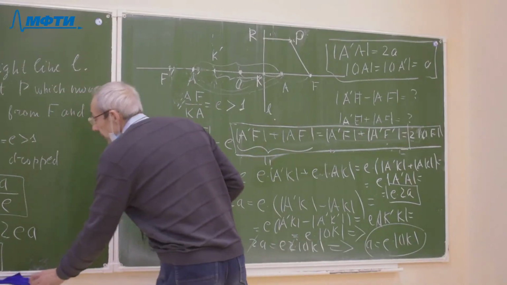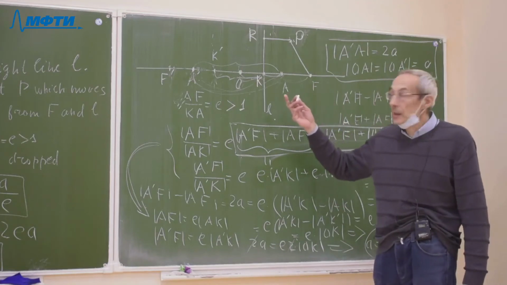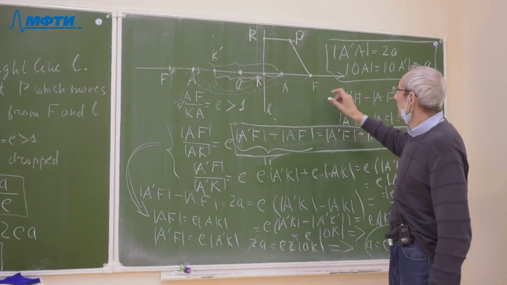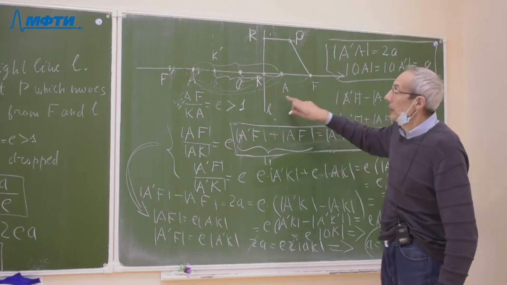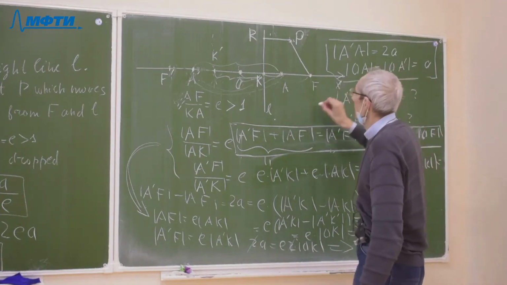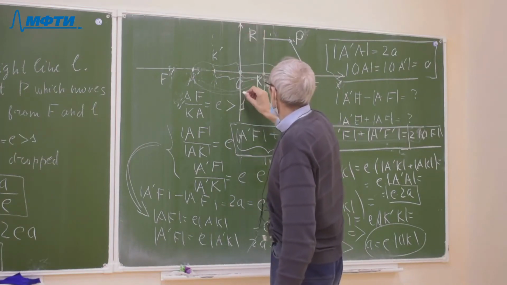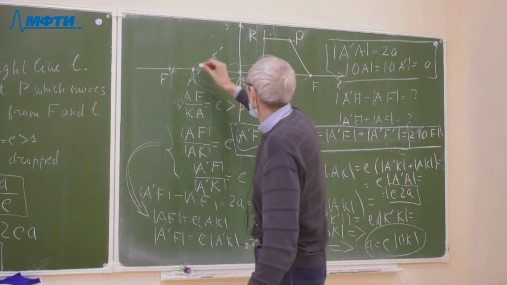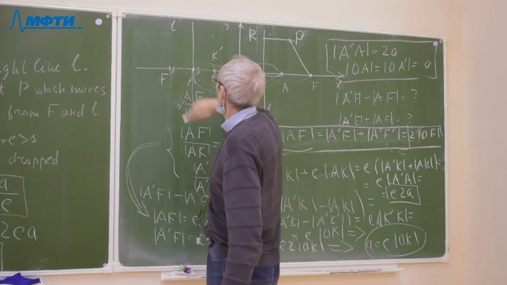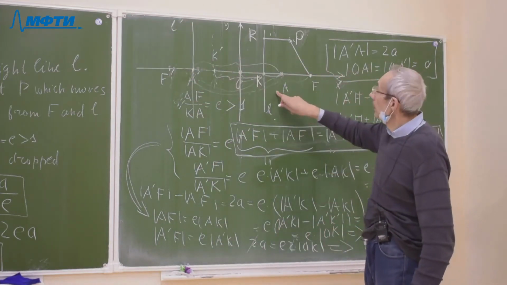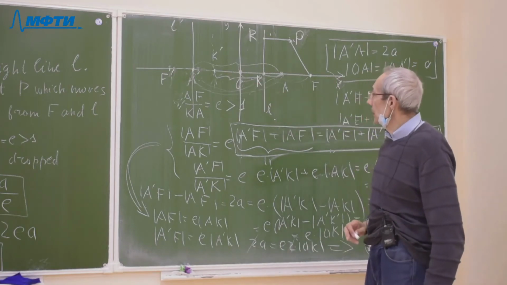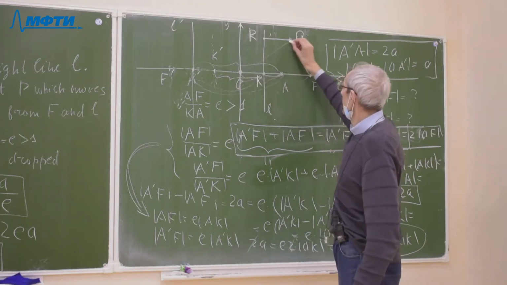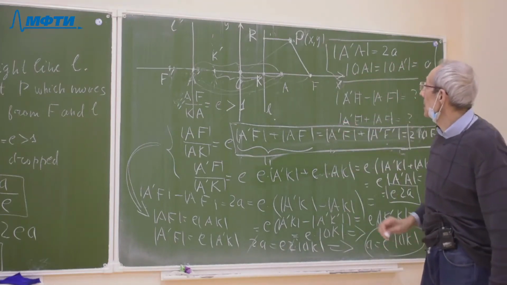And as above, in the case of the ellipse, let's consider the coordinate system which has O as origin, and axis OX will coincide with our perpendicular, which passes from F perpendicular to L, and the other axis, OY, is parallel to our straight line L. And let's also have the straight line L prime, which is symmetric to straight line L onto origin O. And let's consider our moving point P, and we will suppose that P has coordinates x and y,